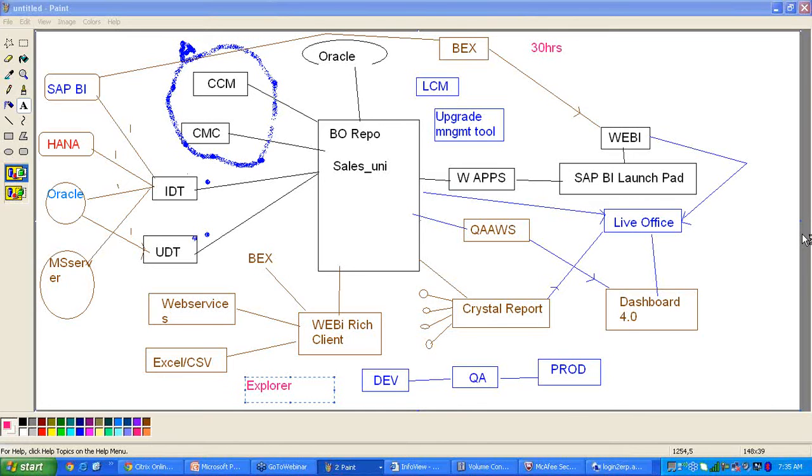To assemble your universe data, do you already have it assembled, or will we need a developer key to query the data to pull something together? Yes, there is a database. We have the Microsoft Access DB, the Motors sample database. You can design the universe by connecting to the sample Motors database. And also there are sample InfoCubes and MultiProviders already developed in the SAP BW system, so you can access those InfoCubes and MultiProviders through the IDT tool.